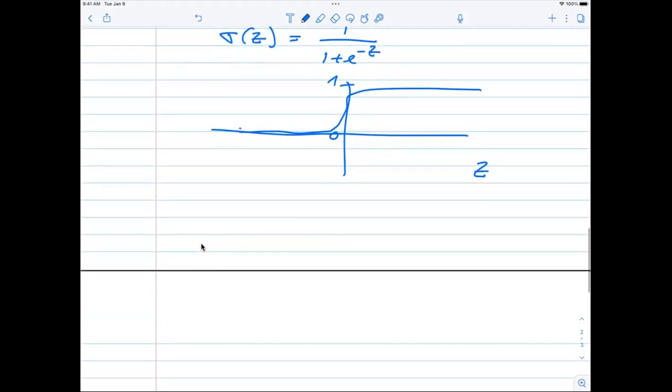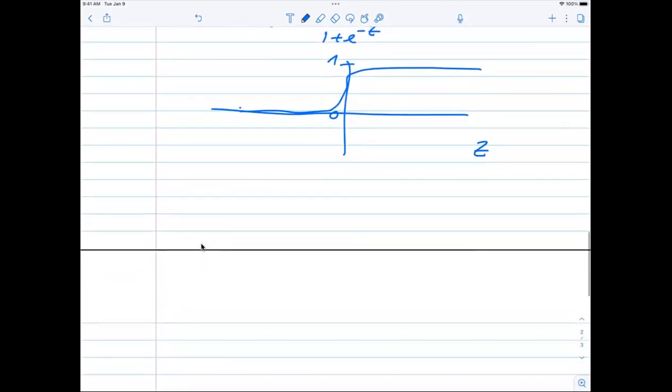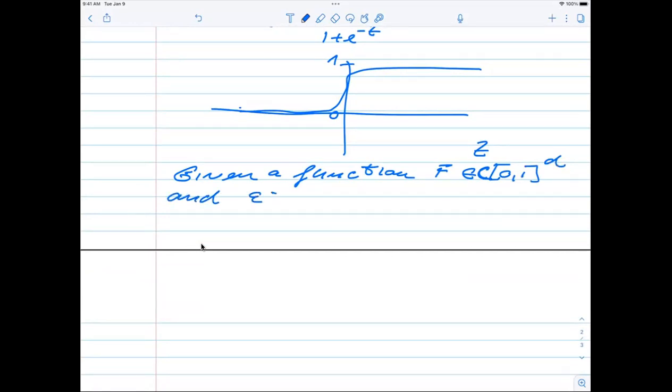Now, let sigma be any continuous sigmoidal function. Then, given a function f, which is defined on the unit cube, [0,1] to the power d, and a parameter epsilon larger than 0, there is a one hidden layer network